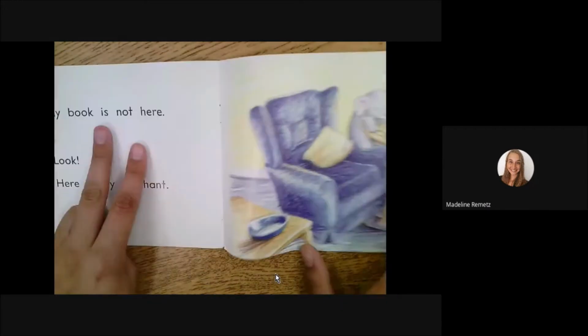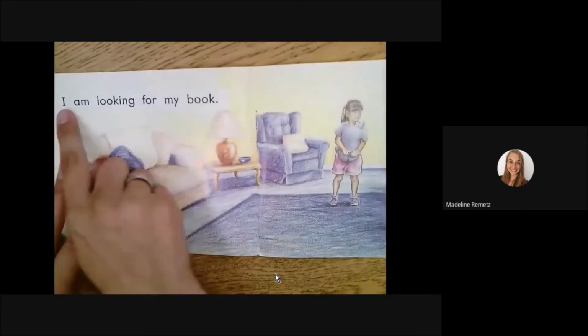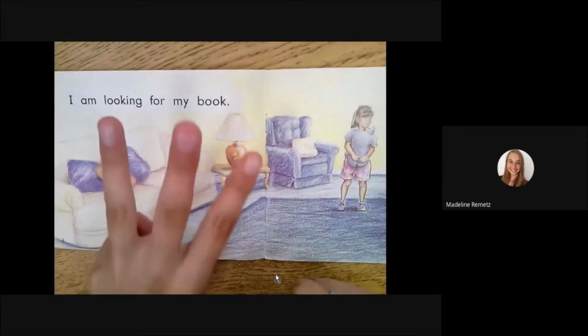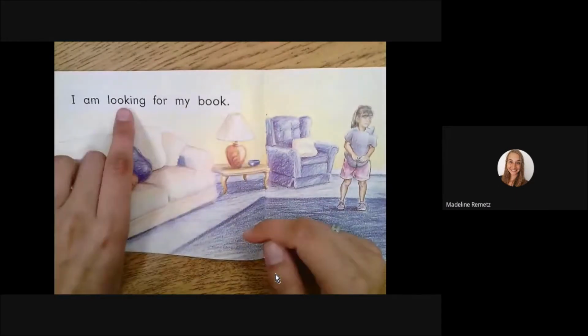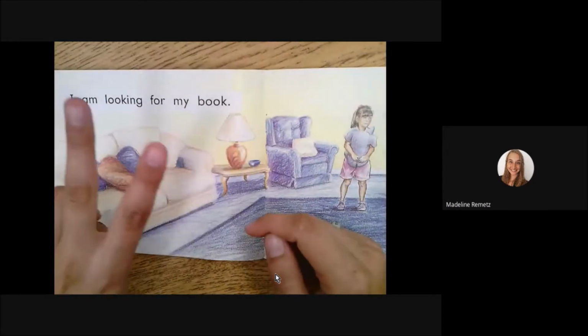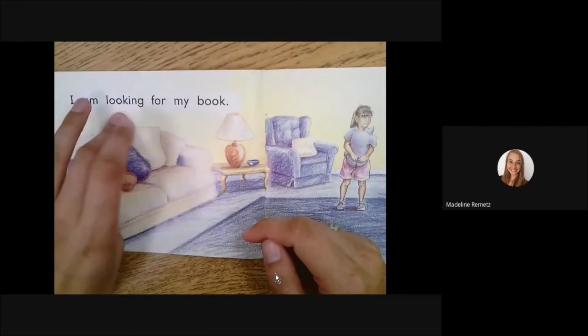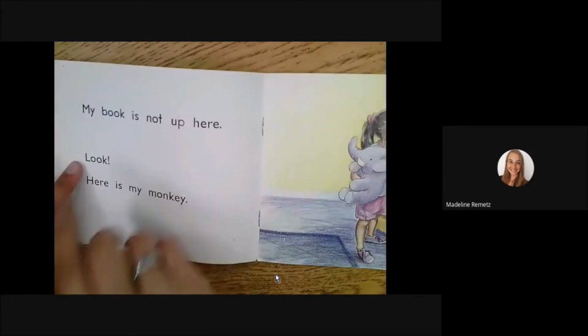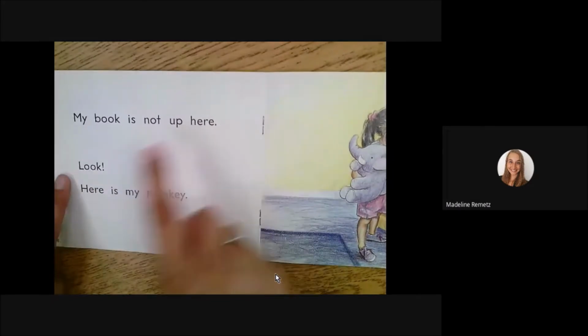Two. I am, that word again. I'm going to put up another finger, even though it's the same word. So you can put up 2 or 3, but I'm putting up 3. I am blank for my book. My book is not here. Look, here is